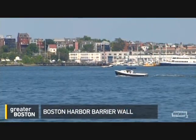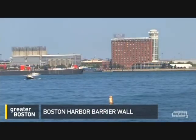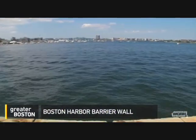The Harbor Barrier Wall study highlights great unknowns: how much and how fast sea levels will rise. By the end of the century, water levels in Boston Harbor could be at least 7 feet higher than they are now, although the study does point out that if greenhouse gas emissions go down, the rate of sea level rise could be limited to less than 2 feet. And while ocean water suddenly arriving at your doorstep is an obvious effect of climate change, there are plenty of others that tend to fly under the radar that are hard to get the average person excited